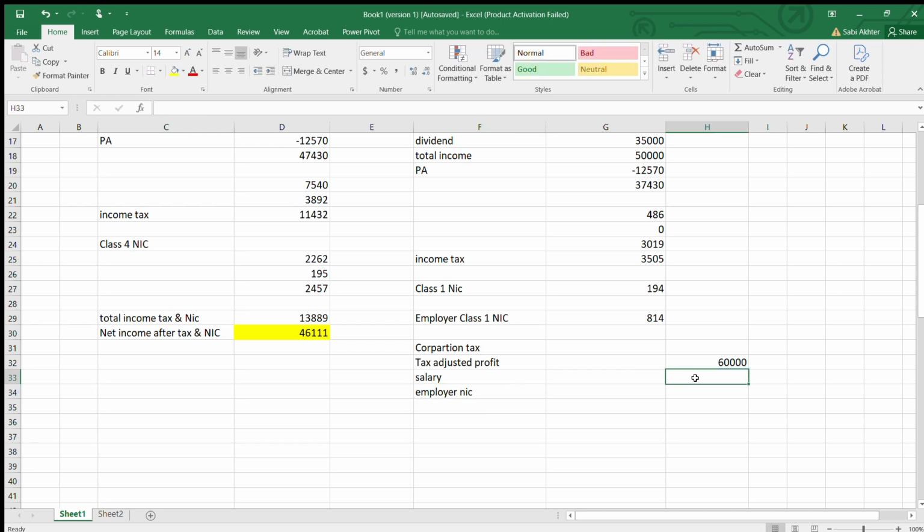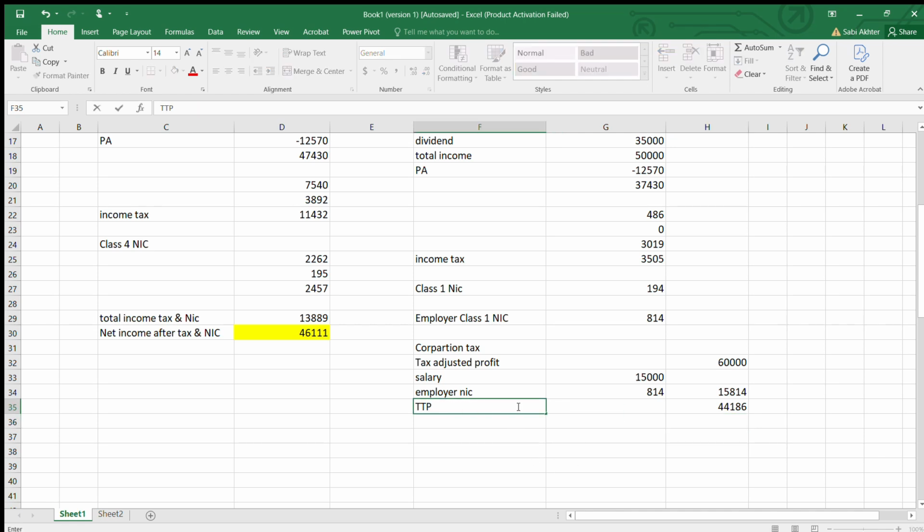So salary 15,000, NIC 814, employer's NIC. Now, so this will deduct 44186. This is your